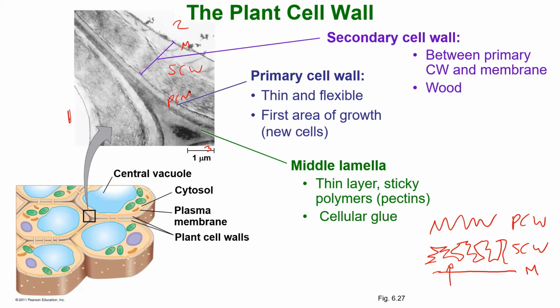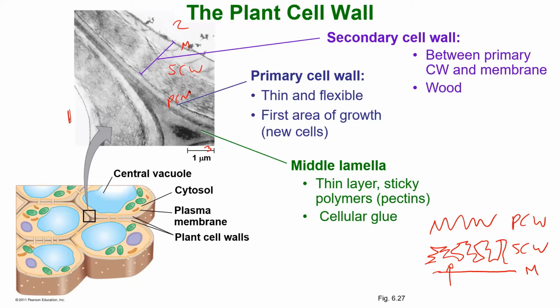The secondary cell wall is not necessarily found in all cells. A lot of plants have it, but a lot of plants do not as well. Often it's called wood or structures like that, where the cells need to be extra strong, usually for stems or branches and things like that. There are other words besides wood. I just can't think of the names of the structures at the moment, like xylans and other fibrous structures anyway. So this middle lamella, like I said, contains a bunch of pectins and